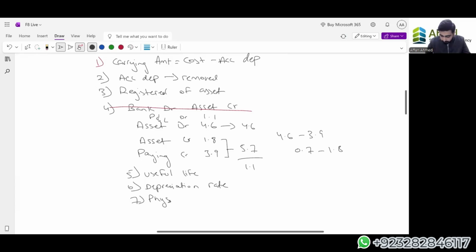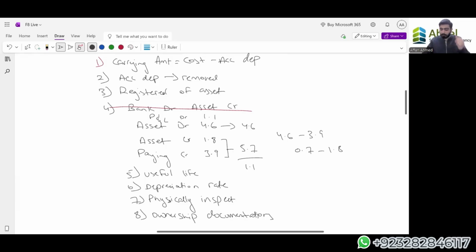physically inspect my assets. I can check the ownership documentation for rights and obligations. Right? All of these things can be checked by me. So I can first of all go and check that I physically have the assets present in my organization that I bought new. I can recalculate the profit and loss on disposal and check whether they are recorded in the profit and loss statement adequately or not.